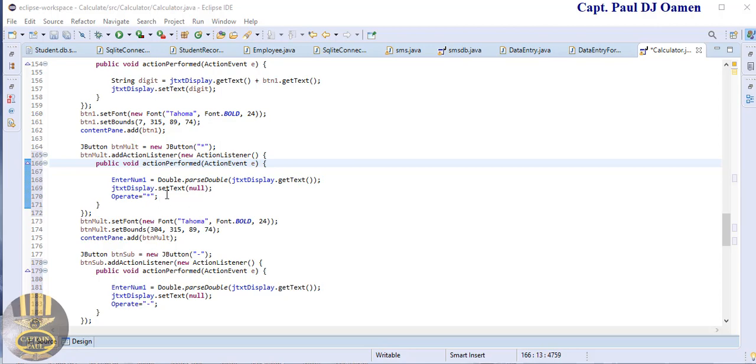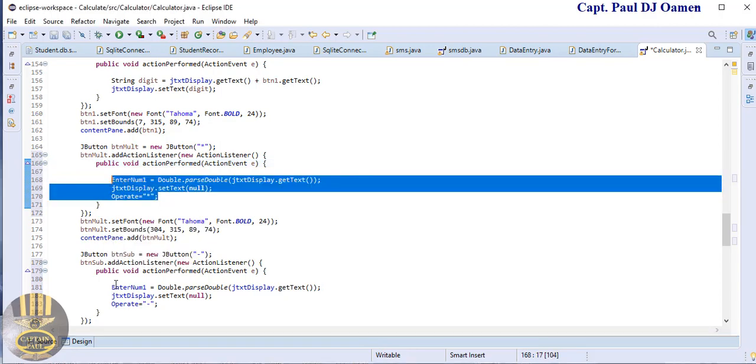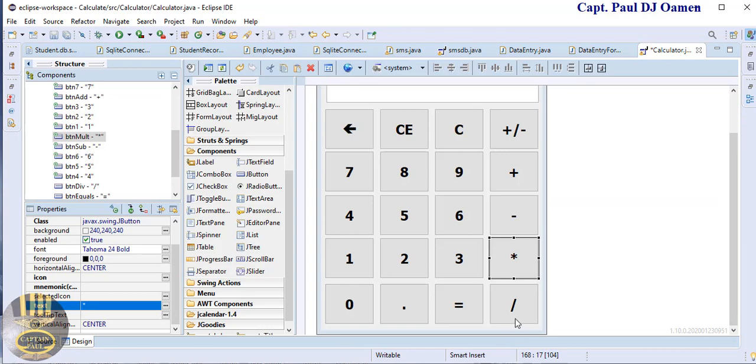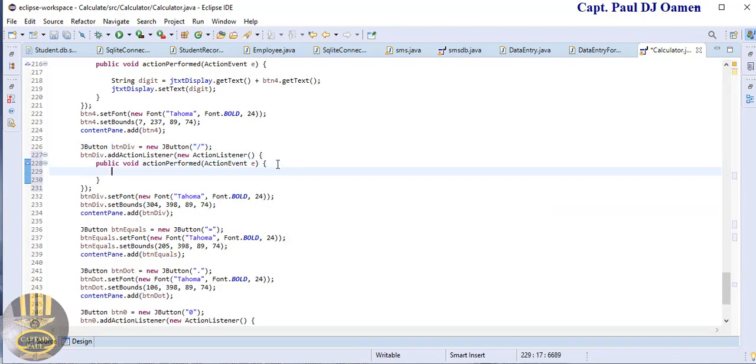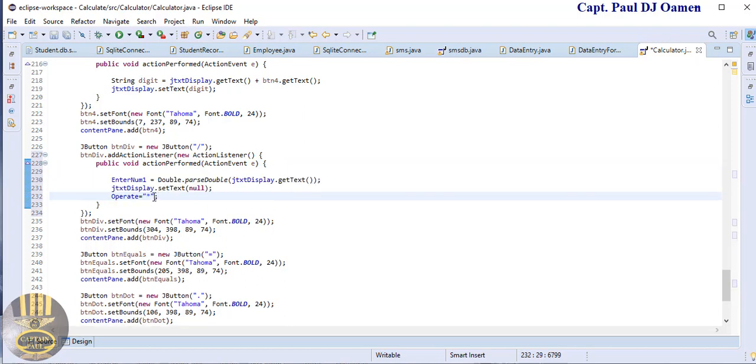The next one is the division. So let's go into the design, double click on the division, and right here paste that in there, and change that to division. So that's fine. Okay, so all of the operators are all taken care of,